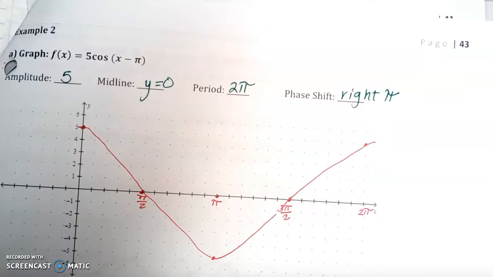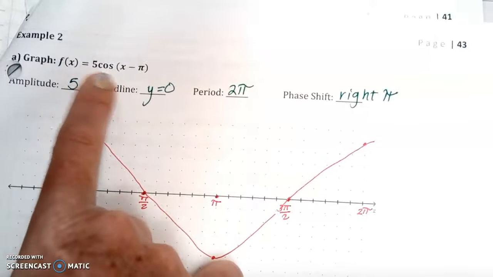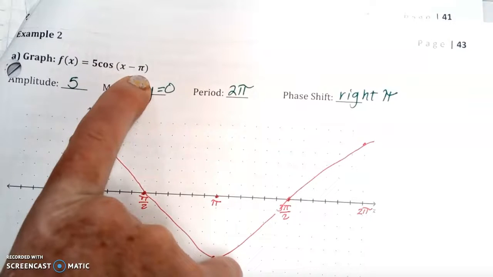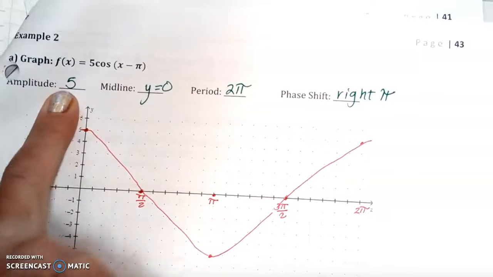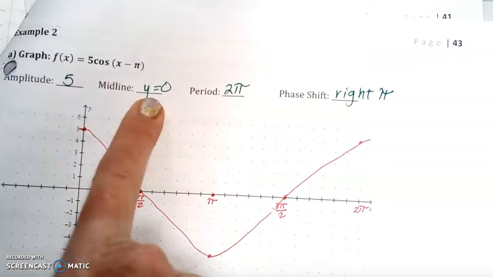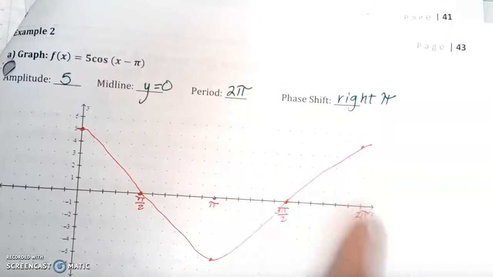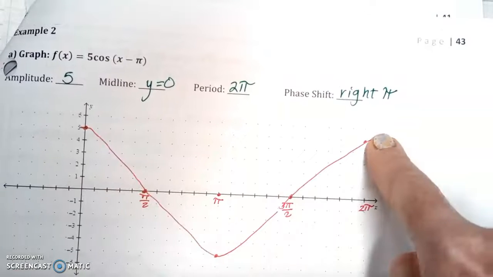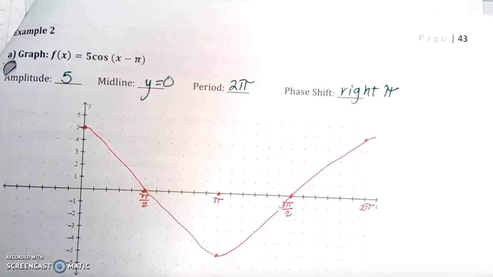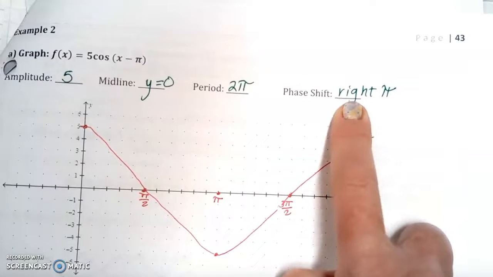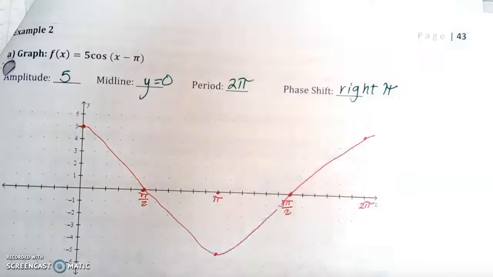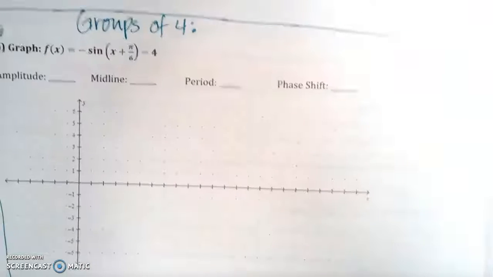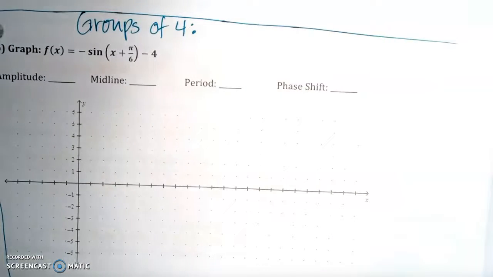So for the transformed graph 5 cosine of x minus pi, the amplitude is going to be 5, midline stays at 0, period stays at 2 pi, so we're going to have the whole period get in there, and then the phase shift is it's going to shift right by pi amount. Okay? And then part B, I want you to do in your group of